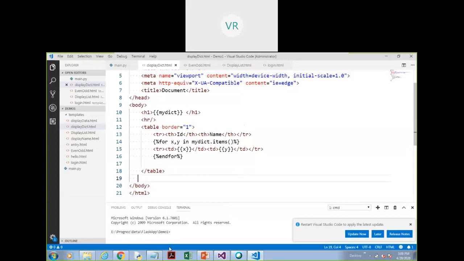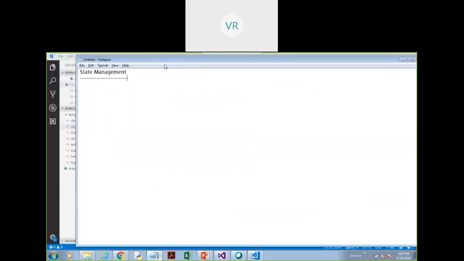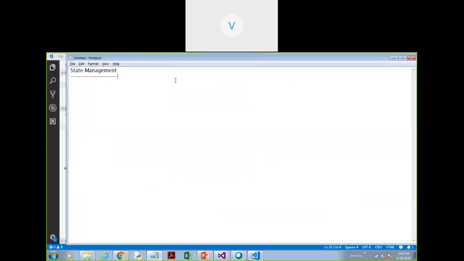So today we are going to start the discussion on state management. First, let's understand what is the meaning of state management. Whenever you are making a request to the server, when your request reaches the server, let's say you have requested some page, say an HTML page, whatever page you have requested, that page will be shown to you. So now you will get the response of this page, that is the ABC page. You are able to see this page.